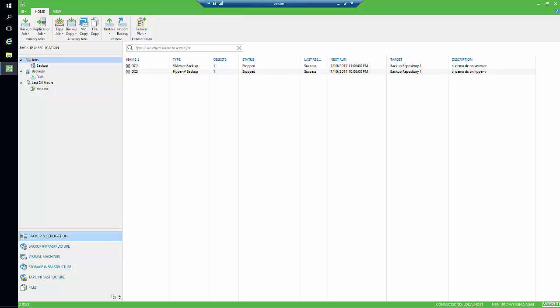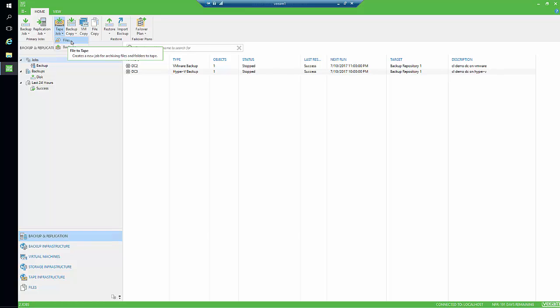Once you have a tape library or virtual library configured, like the Backup Accelerator, you will see now a new button called Tape Job. And there are two options here. Tape backup of files. This can be very, very useful. Direct file to tape backup without use of the Veeam repository. If you have some very, very large file shares, for example, that are served up by multiple file server VMs, and you do not want to back up all those file shares as part of your Veeam image of those